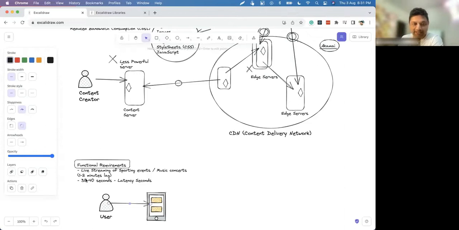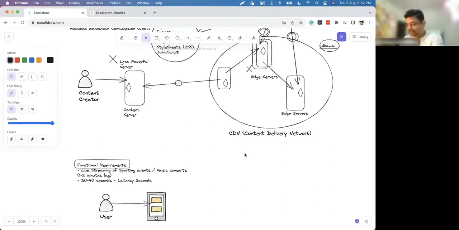No lag, he'll not be waiting 30-40 seconds. As soon as he clicks, the video should start playing instantly, in less than, say, 0.5 seconds. So response time is 0.5 seconds, right? So within half a second, he should see the match video getting streamed.